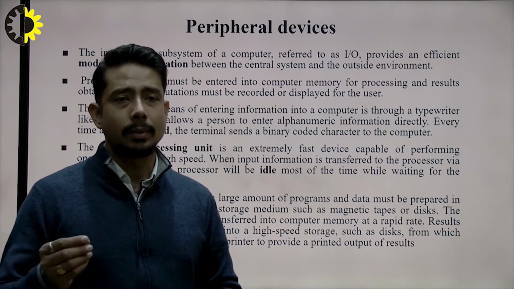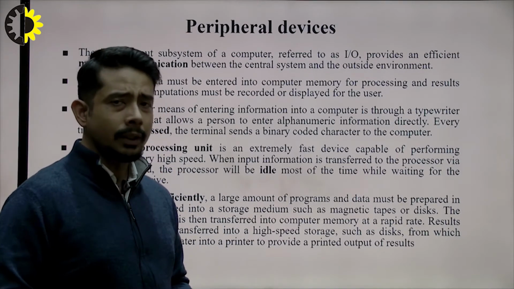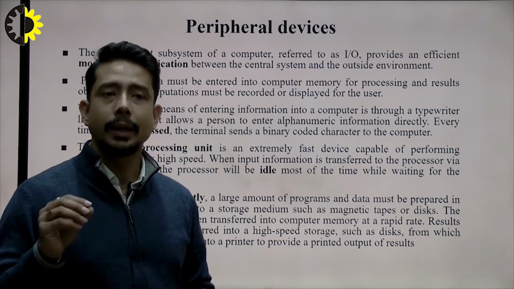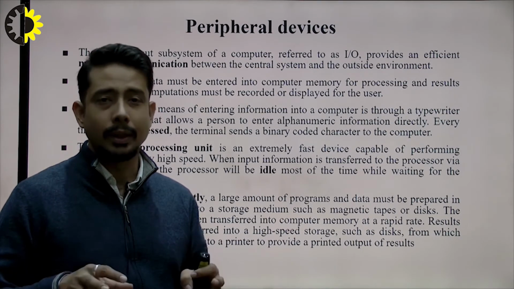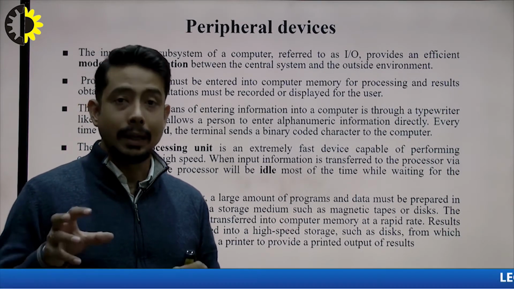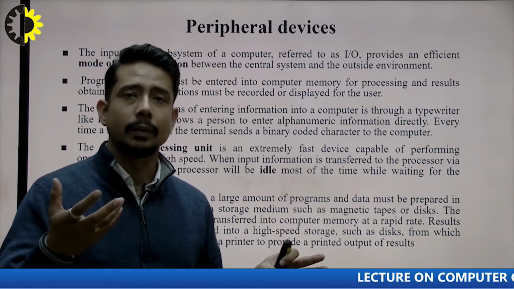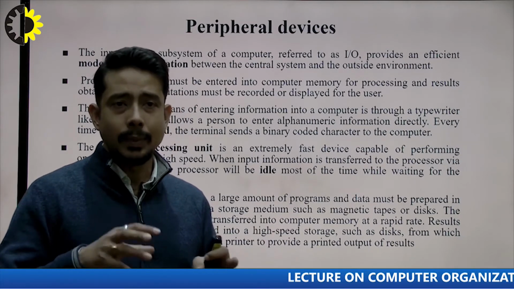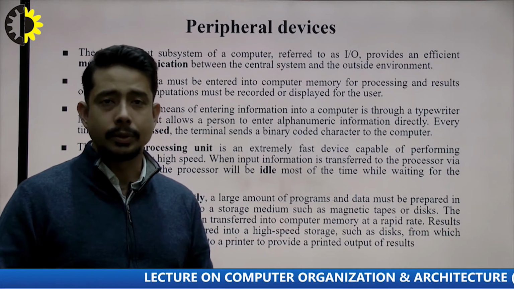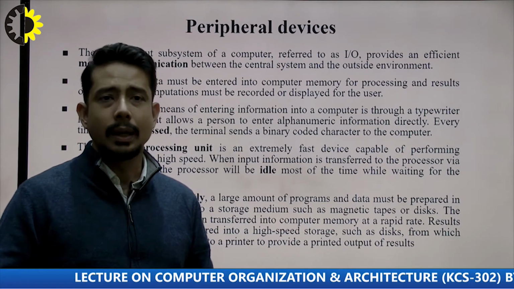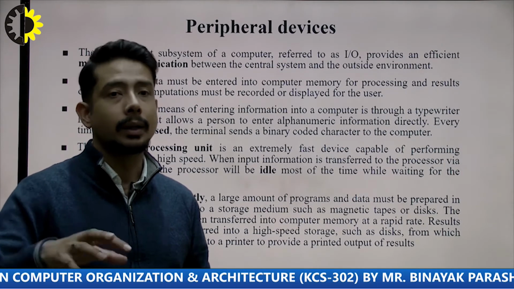Now let us check out one by one what we are going to learn in this particular chapter. If you talk about any kind of programs or data that is entered, like when we put data or a program into the main part of the computer memory, for processing or for any kind of storage, that is carried out through the input and output devices only. For computations and processing, it can be recorded, and it can also be displayed in future in the output part.